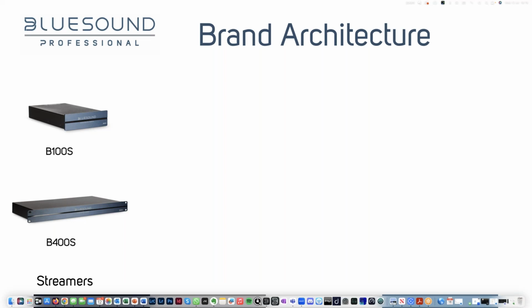As I say, we're kind of waiting for them to update their platform, because they're doing that anyway to get some extra functionality, and it would be pointless for us to integrate with them now, because we'd only have to do a second integration when they have their new platform. Anyway, getting back to the brand architecture,